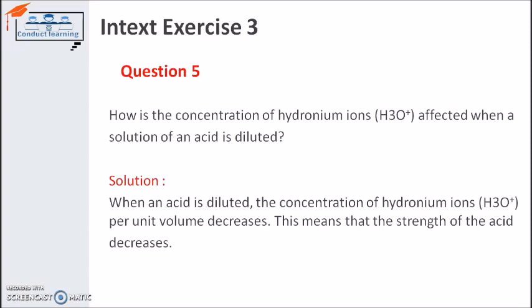For example, if we take 2 milliliter of acid and 5 milliliter of water, at the start it will produce hydronium ions. If we continuously increase the water in the solution, for example the acid is only 2 milliliter but the water now becomes 10 milliliter, the amount of water is increased but the acid is the same. So in that situation the concentration of ions will be reduced.